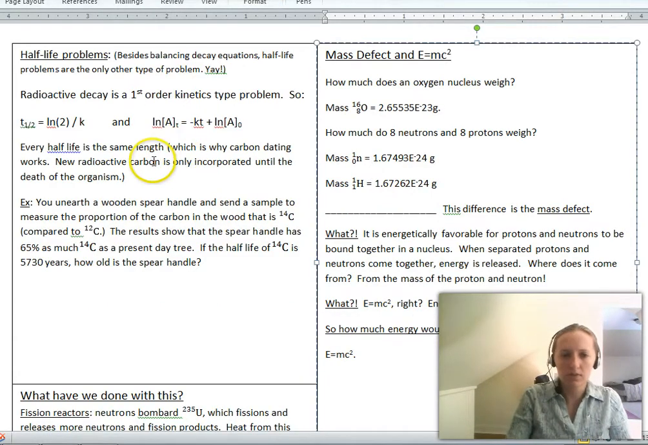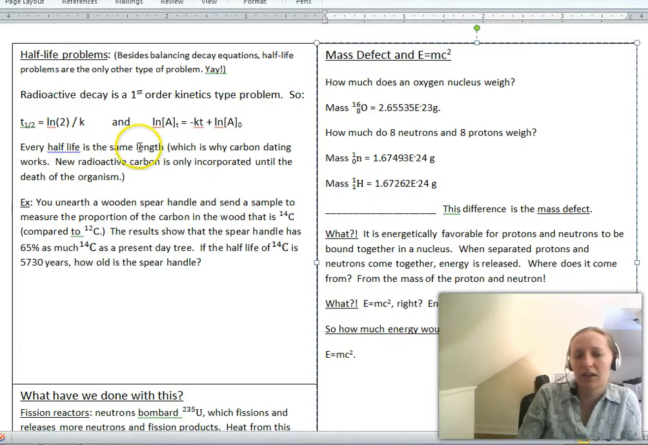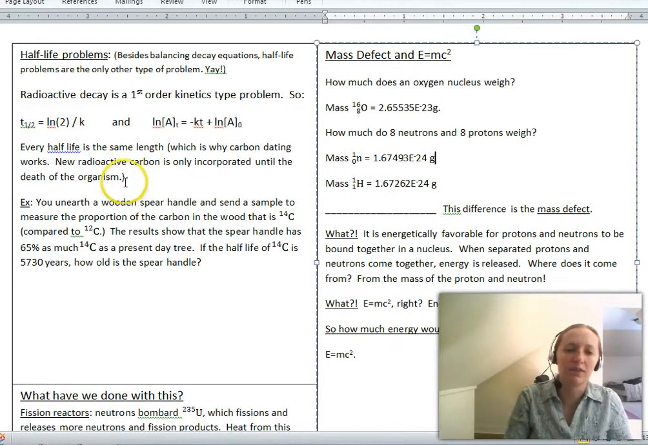All right, so every half-life is the same length, and that's how they can use something called radiocarbon dating to figure out how old something is, how old something that used to be alive is, because all of the